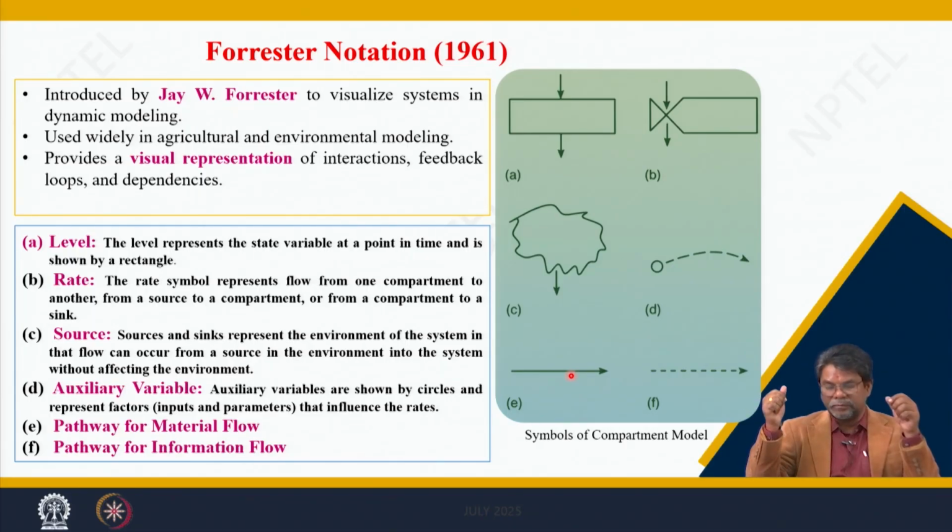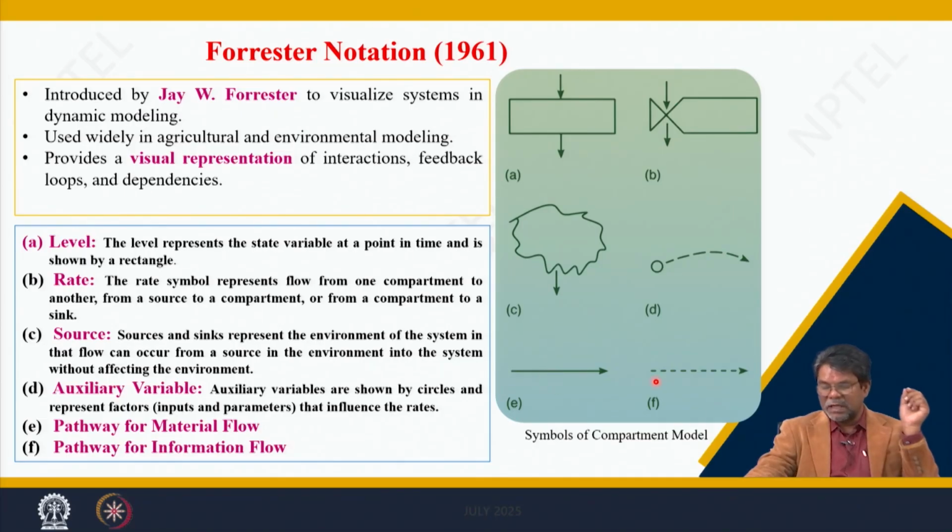Like in the case of a crop, the biomass is partitioned to the leaf or the stem, it goes to the root, it goes to the storage organ as well. So the partitioning of this biomass to different parts of the crop comes from the pathway for material flow, how it moves. That means how the resources are acquired and transferred and partitioned to different plant parts, that is represented by this solid line, a pathway for material flow.